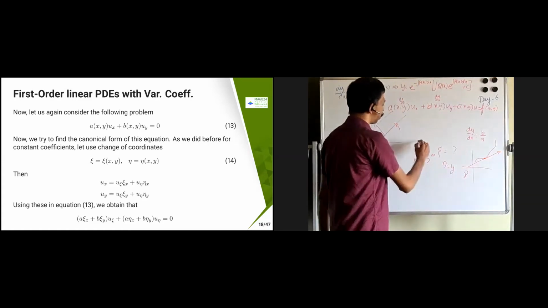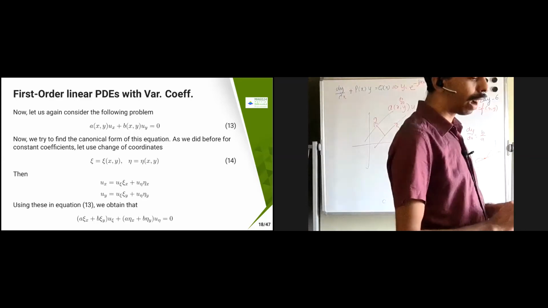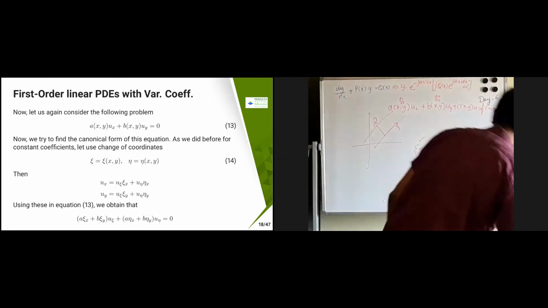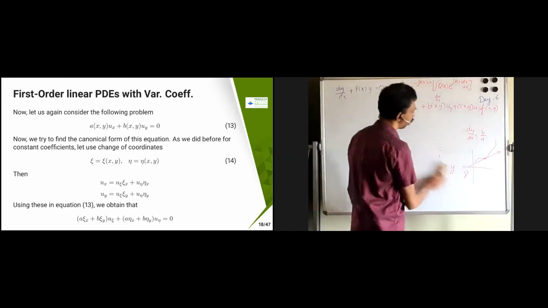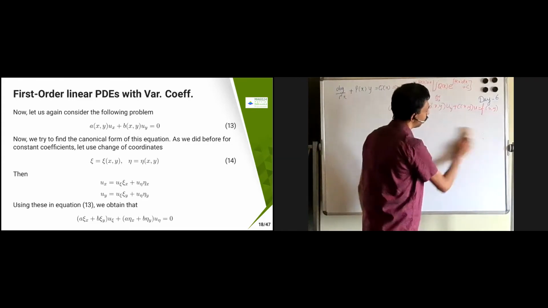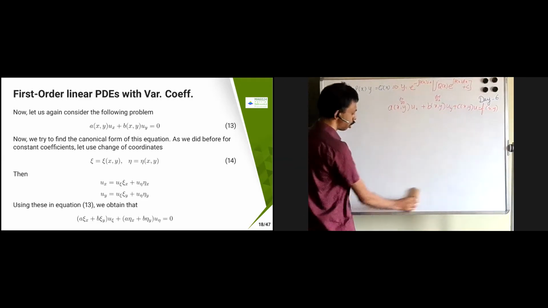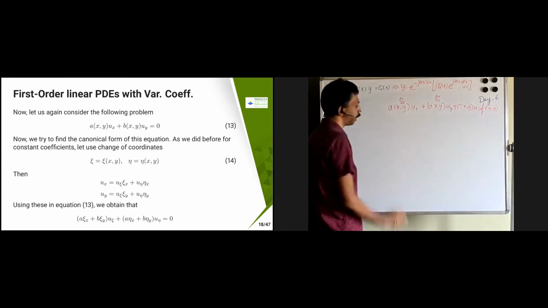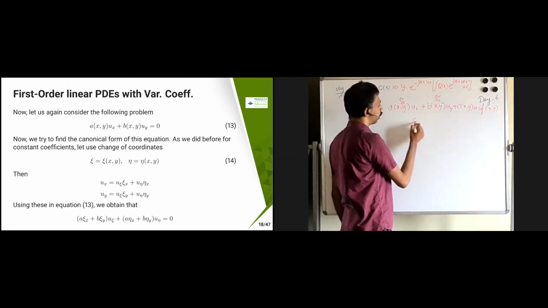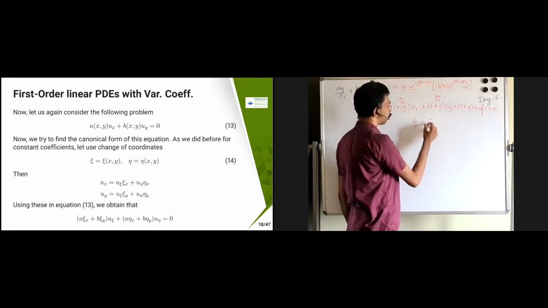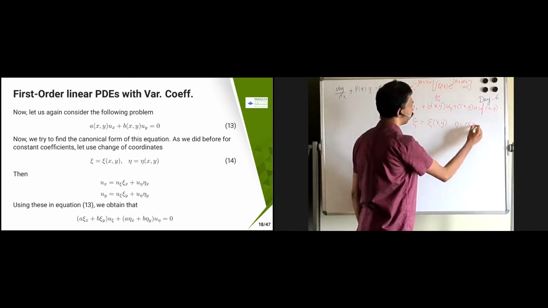Okay, now I'm going to set chi equal to x and eta equal to some function of x. So now what we are trying to do is, once again, find our new coordinate system, because in this coordinate system my curve will not have the directional derivative as 0. So I'm just going to change my chi and eta in such a way that it gives me the, so chi I'm choosing as chi of x comma y, and eta I'm choosing as eta of x comma y.